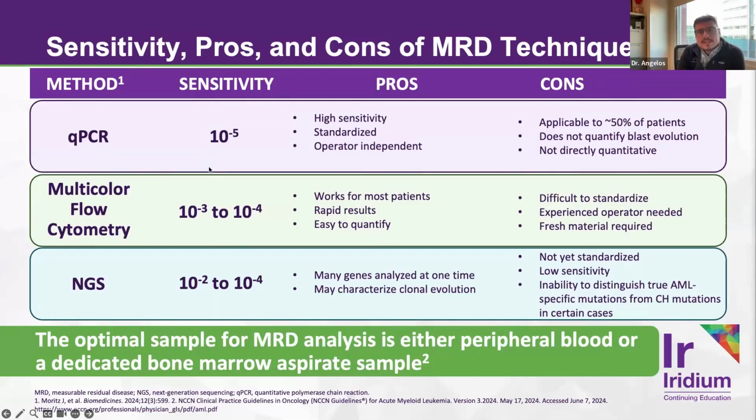It's a useful test specifically when there are targeted probes available that are validated for a particular mutation. And we oftentimes will have this available for mutations like core binding factor, NPM1, and also IDH1 and 2. Multi-parameter flow cytometry is sensitive on the order of about 10 to the minus 3, 10 to the minus 4. This generally is a universal standard for MRD in the absence of any identifiable mutations.